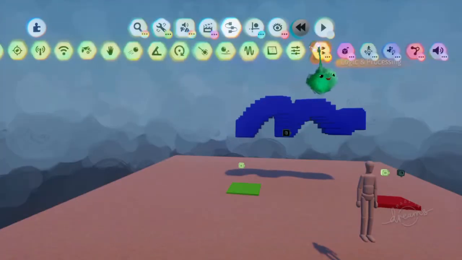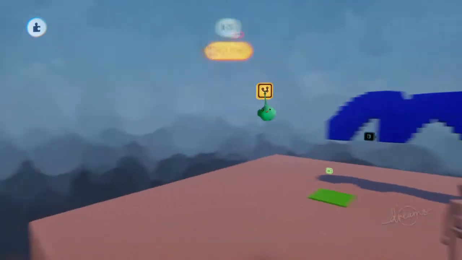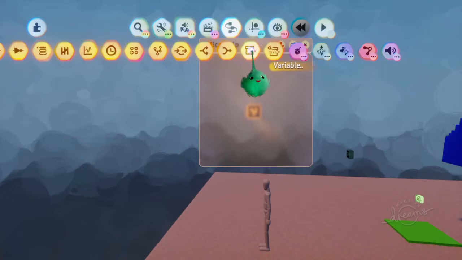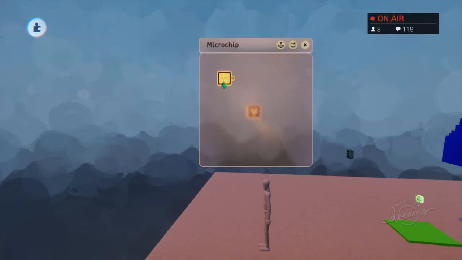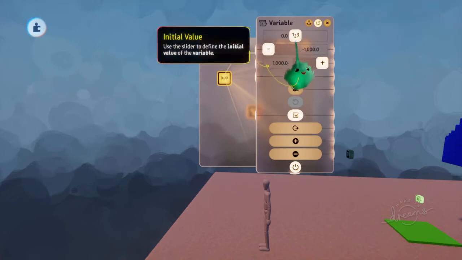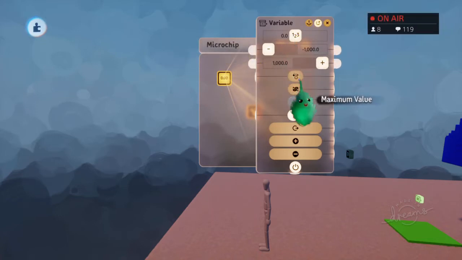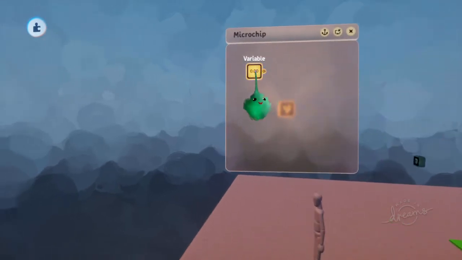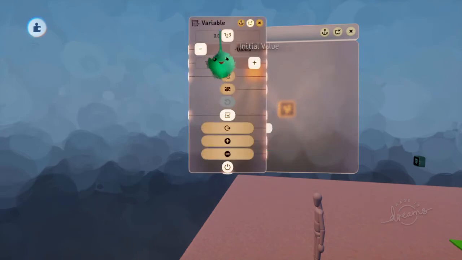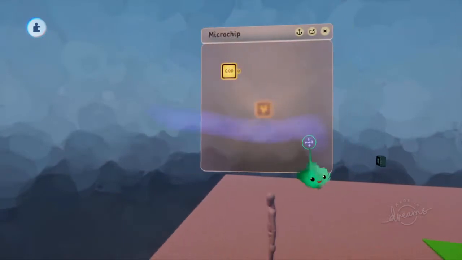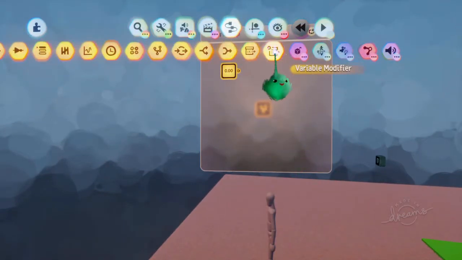So I'm going to do some logic, so I'm just going to plonk down a microchip over here, and we're going to look at variables. So if we grab a variable, this holds a value up here, and it has a minimum and maximum value, has other settings and whatnot, but basically it just stores a value, and there are different ways of setting what value this is. So let's first give it a name so we don't get confused. We'll call it G,